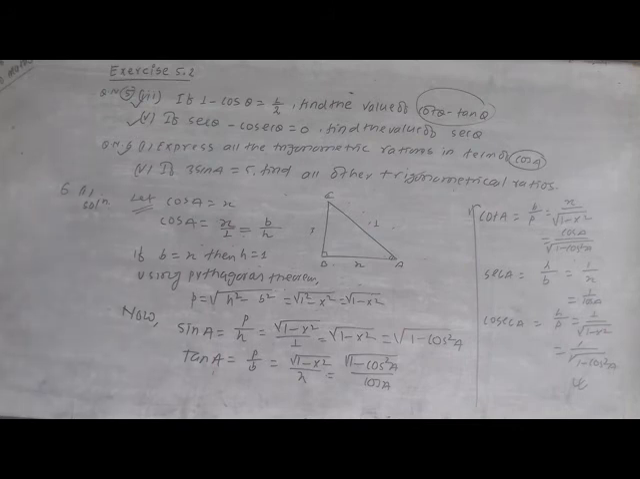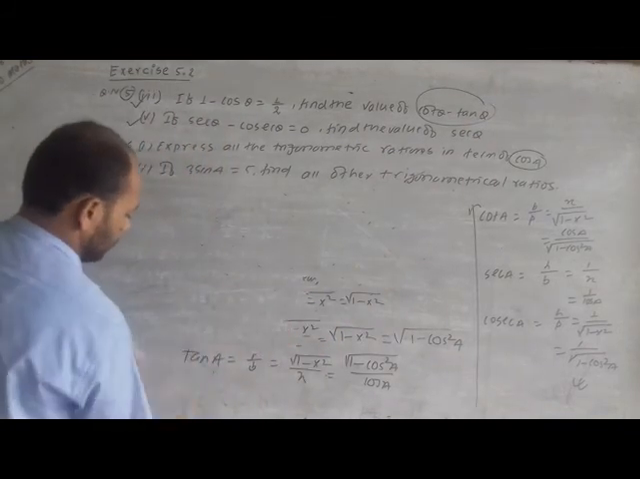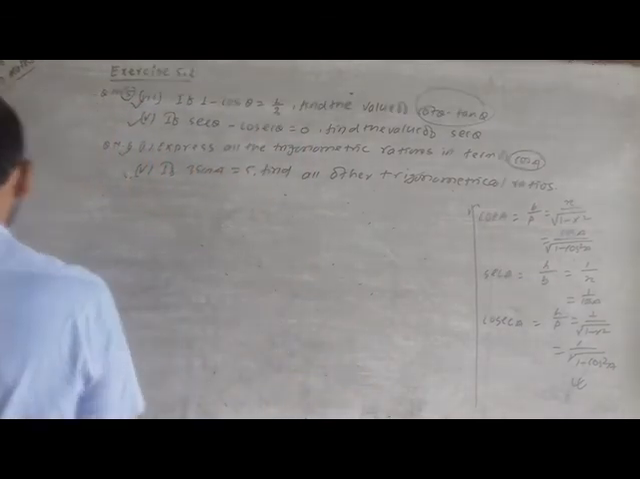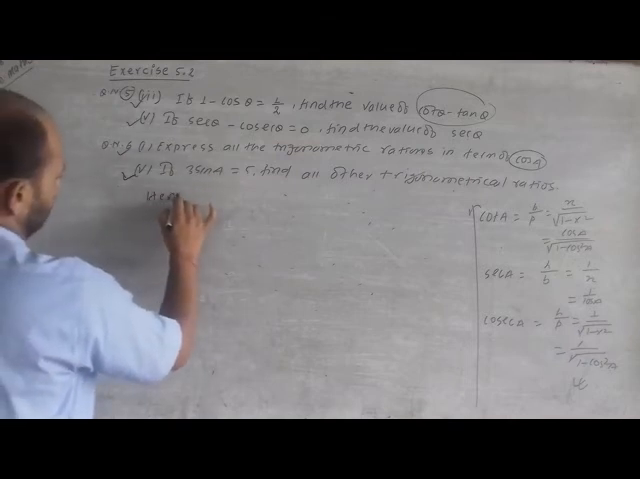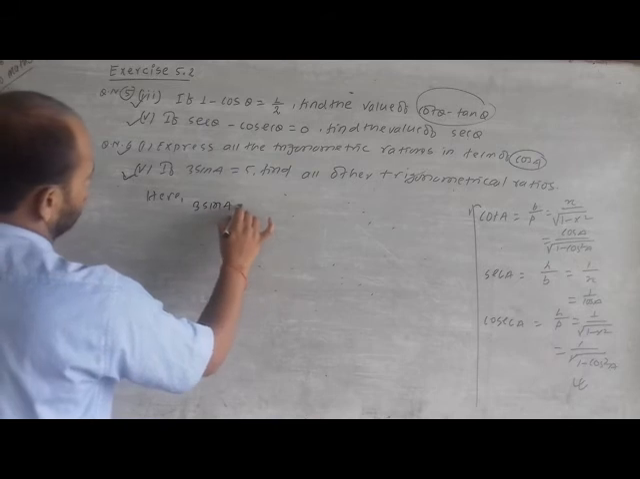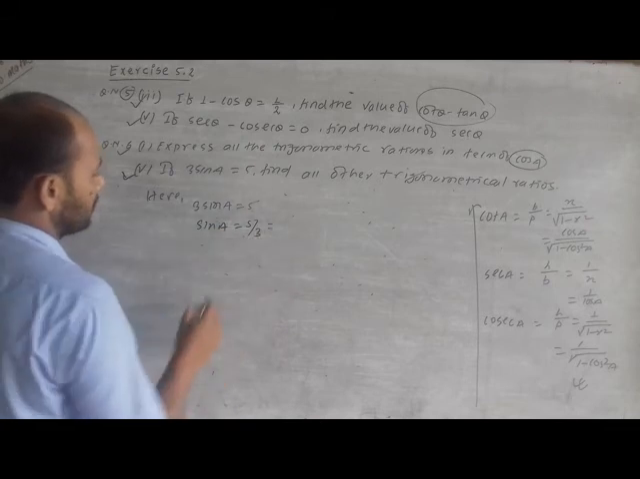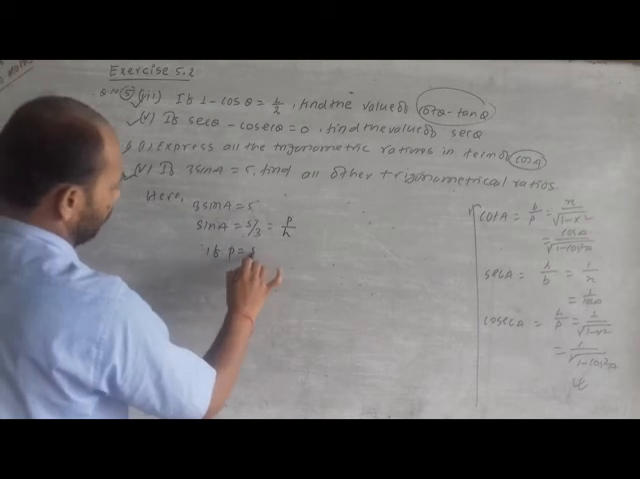Now I am going to solve another question, number 5. You take one screenshot from here. I am going to erase this. Here your question says in number 5, we have given 3 sin a is equal to 5. So from here sin a is equal to 5 by 3. This is also a very simple question. It is p by h. If p is equal to 5, then